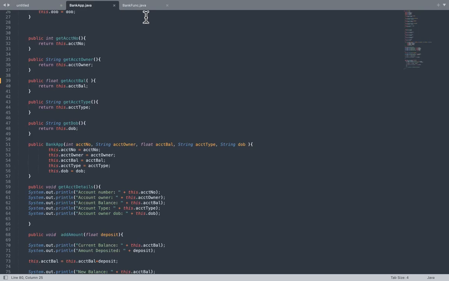Now, right now, he's having a parameterized constructor. Don't worry about the keyword this. I'll let you know about it in some time. But right now, you just create the attributes. Since he has already done, the others can just start creating the attributes. If you're already done, let me know. I can go ahead.